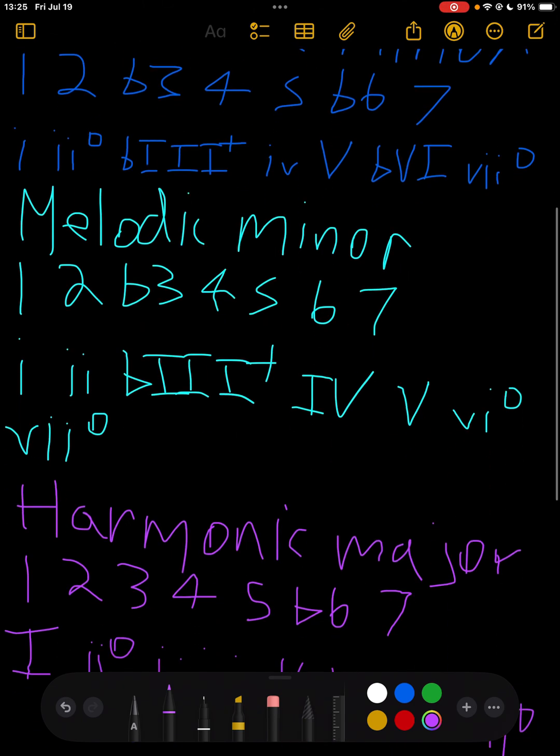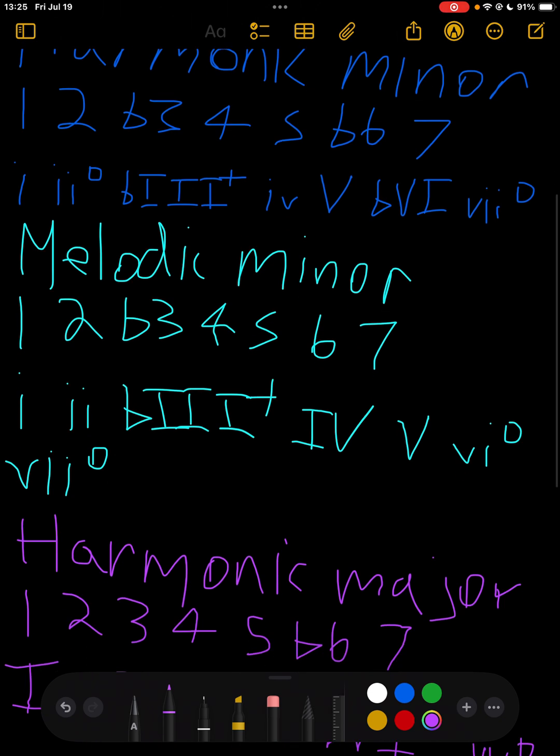So, now, in melodic minor, I'm not sure what to say about melodic minor, honestly. I would say maybe the flat 3 augmented chord could serve as a substitute for the 5, possibly. Nah, not the best substitute if you ask me. So I would say that you could probably use a lot of the same progressions in melodic minor as you